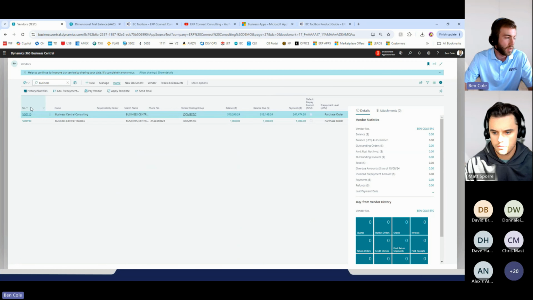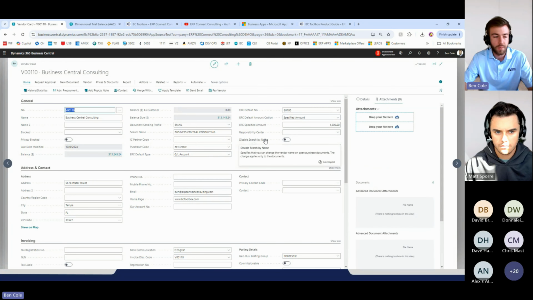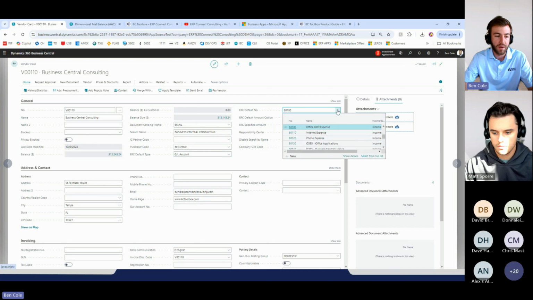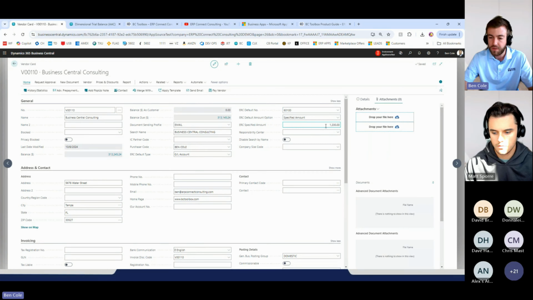So let's go to my demo vendor. And we'll show you how simple it is to set some of this up, right? So you'll see the default, actually we'll start down here. The default type, so it's GL account, the default number 60100, and then what do we want the amount to be? Do we want it to be no amount, which would just leave it blank? Do we want it to be the last amount that was billed for this combination, or do we want it to be a specified amount here? So I'm going to say, let's book to this vendor every time we create a new purchase invoice. It's automatically going to create one line for office rent expense, and that line is going to be for $1,200,